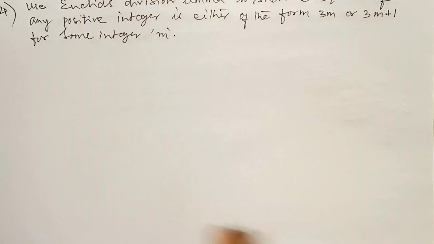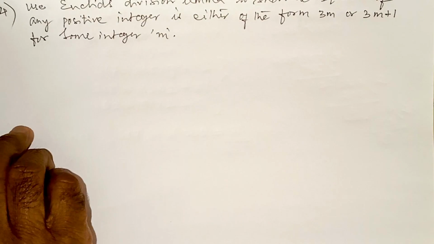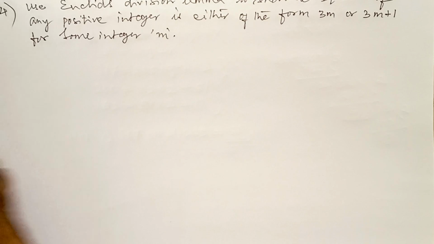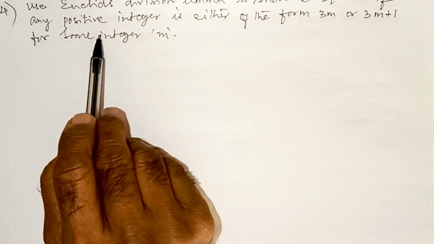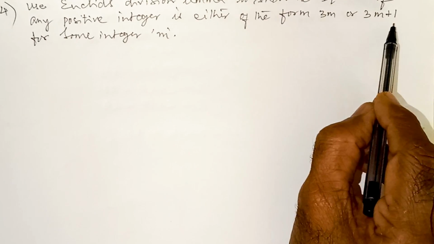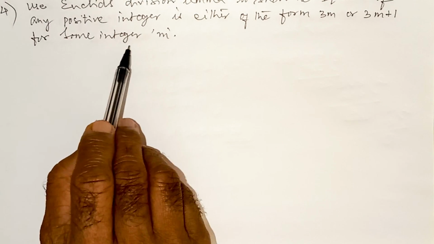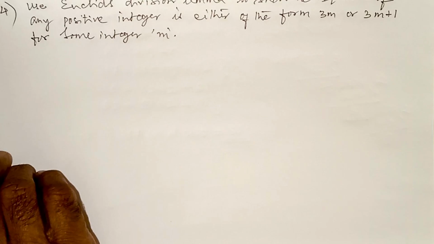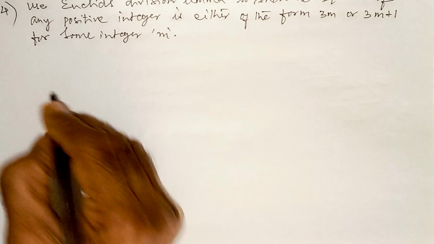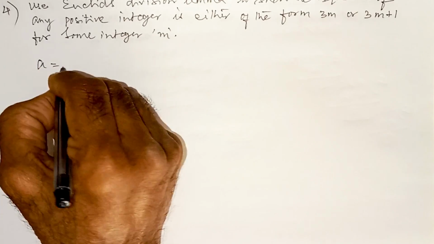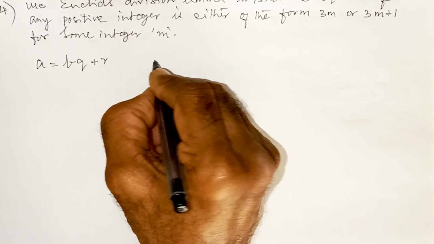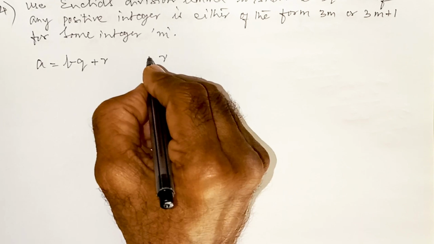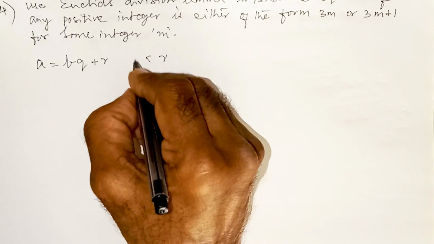Now, let us start. Fourth question, which says: use Euclid's division lemma to show the square of any positive integer is either of the form 3m or 3m plus 1 for some integer m. See, Euclid's division lemma says a is equal to bq plus r. We must know r, which is the remainder,